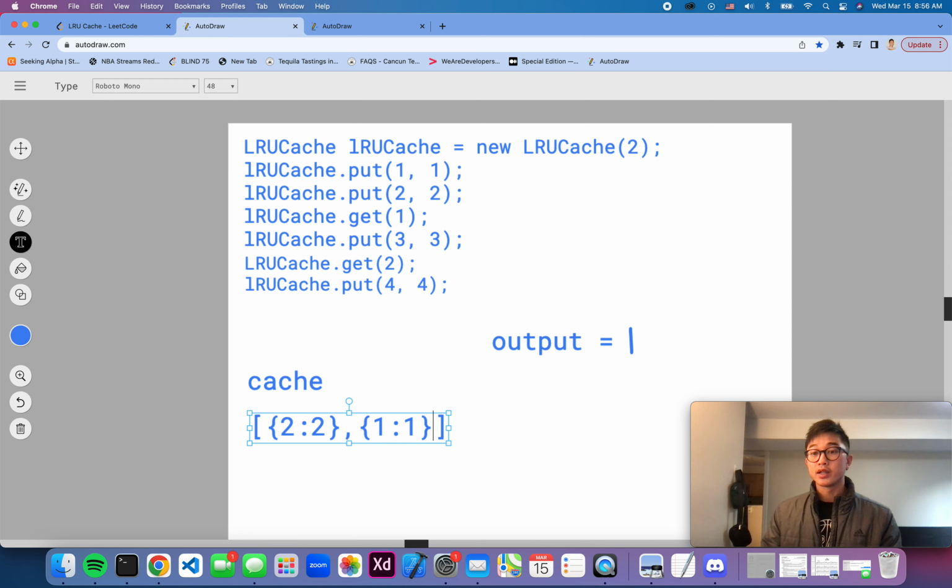So now it's at the front or the rightmost side of our cache if we treat it that way. Now, after this get, we call put. But remember here, our capacity is at 2. Right now our cache already has 2 items in it. So when we call in another put,